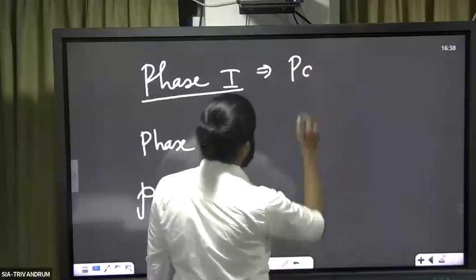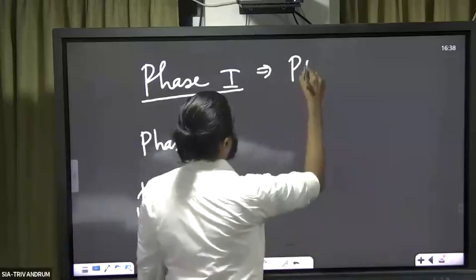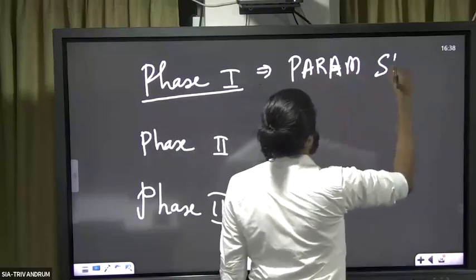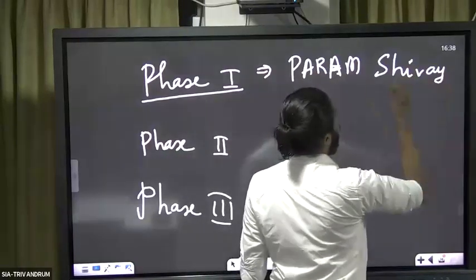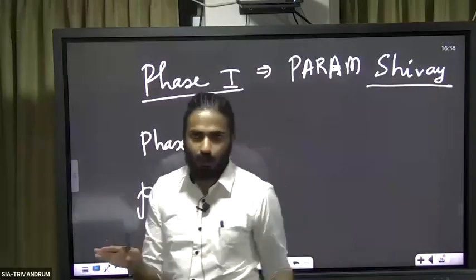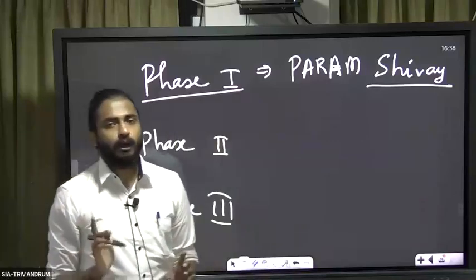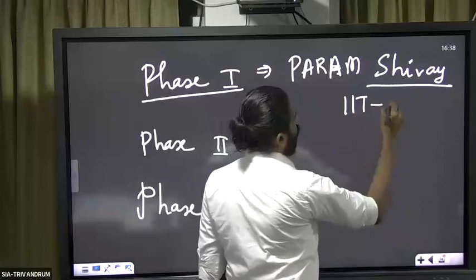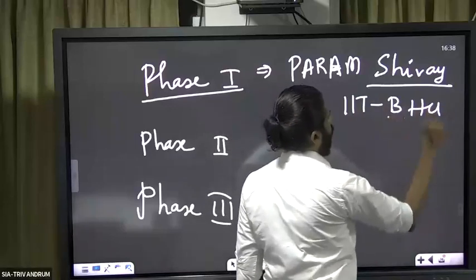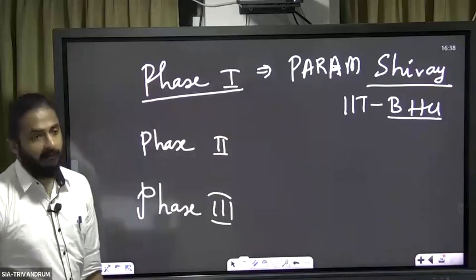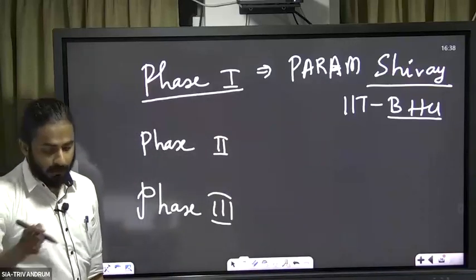So all the supercomputers are named with Param. So we have Param Shivai, which was the first supercomputer we developed under this mission, not the first supercomputer in India. This was the first supercomputer developed under this mission, and it was developed by Banaras Hindu University, BHU. BHU developed this first supercomputer, and then we developed 5 more supercomputers: Param Shakti,